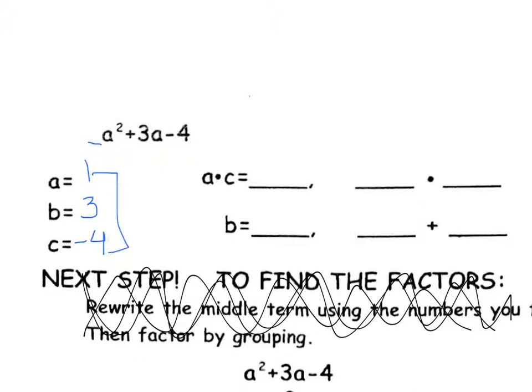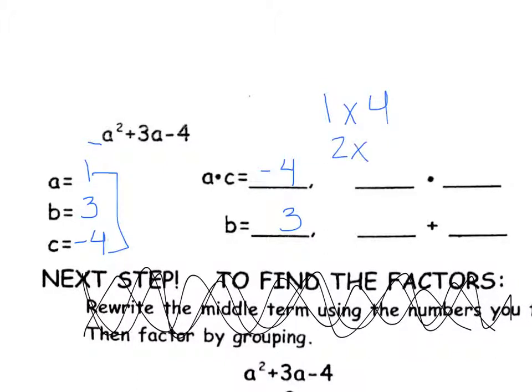Again, we multiply a times c, which is negative 4, and our b, we write again, is 3. Now again, it may not seem apparent. Some of you may be able to do this right in your head, but it may not be apparent at first in your head what would multiply to be negative 4 and also add to be 3. So it may be good advice to just write what multiplies to be 4 in the first place. So I have 1 times 4